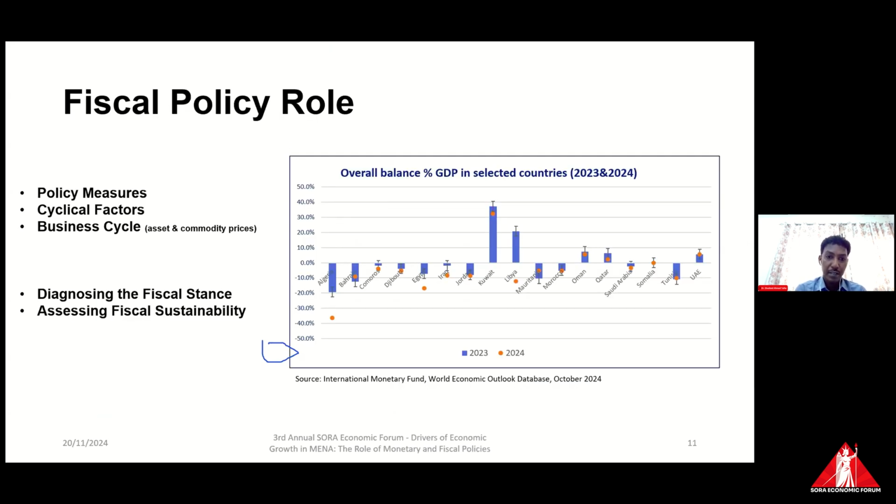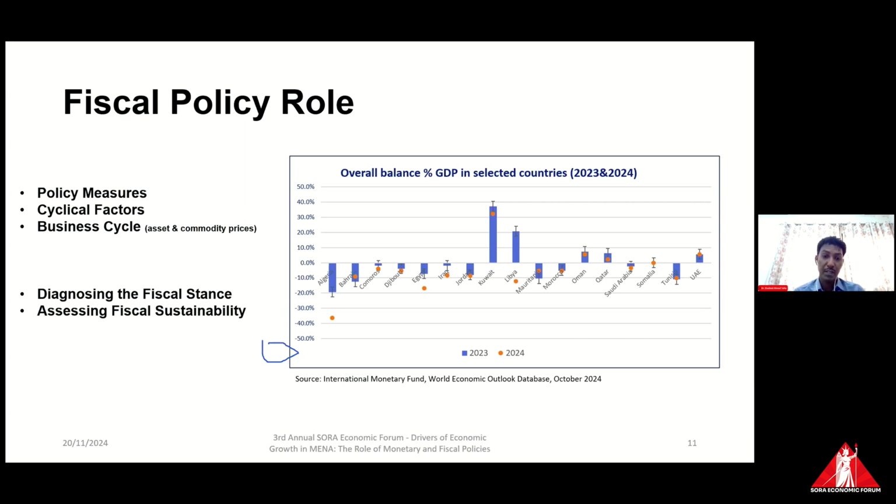Here, the second part of the macroeconomic policy is the fiscal policy rule. Of course, the contribution of fiscal policy to the stabilization of the economy is very important. And here we talk about some actions that have to be done on the revenue side or the expenditure side. These are called discretionary actions, and all of this is led by policymakers in the country. On the other hand, we have what are called cyclical factors, or the automatic stabilizers, and these automatic stabilizers are very large in advanced economies and emerging and high-income countries as well, and very small